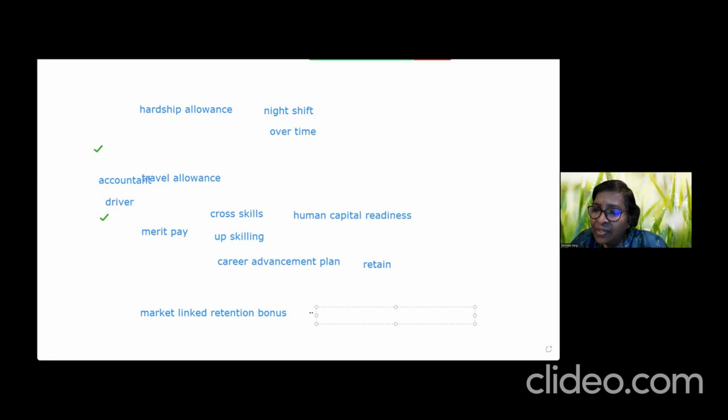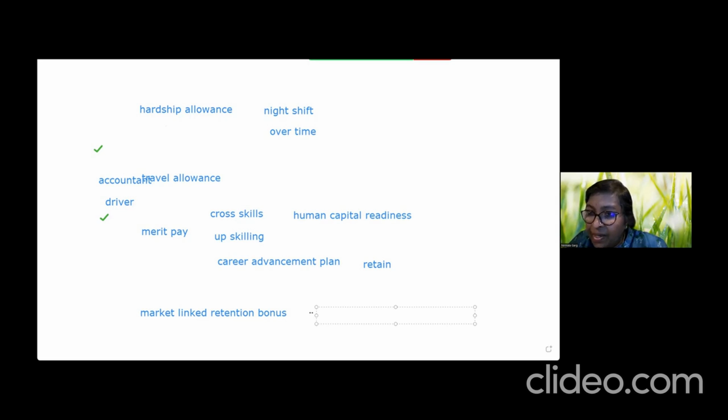Then what will happen? That means there's sudden demand for these skill sets. But this sudden demand is not going to be there forever. It's going to be there for a year or 2 years or 3 years. So what happens then? Because there is a demand, startups will be paying higher salaries. If you are using those skill sets, people will actually exit from your system and join other organizations. Why? Like somebody said in the beginning of the session, because some other company is paying higher salary, I will prefer to go to that organization.